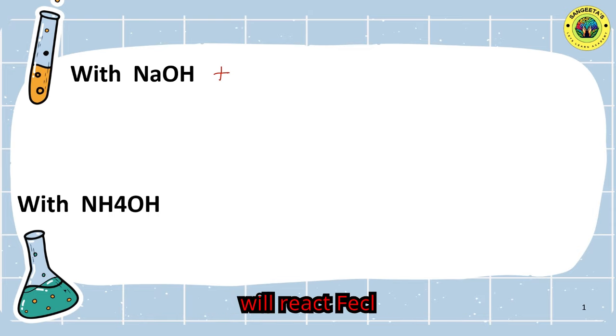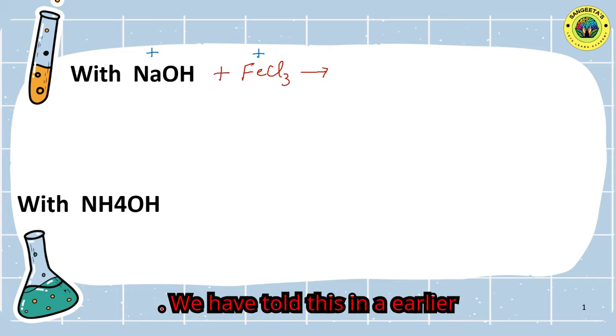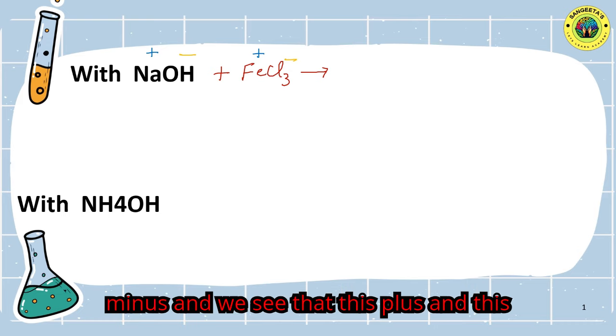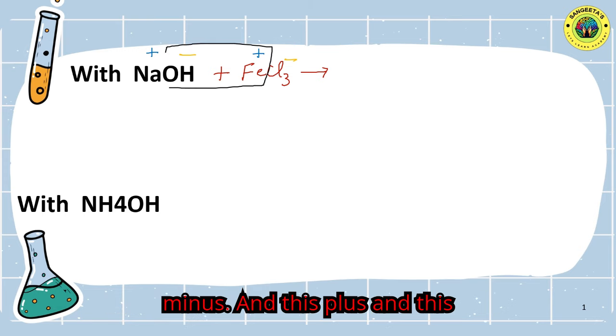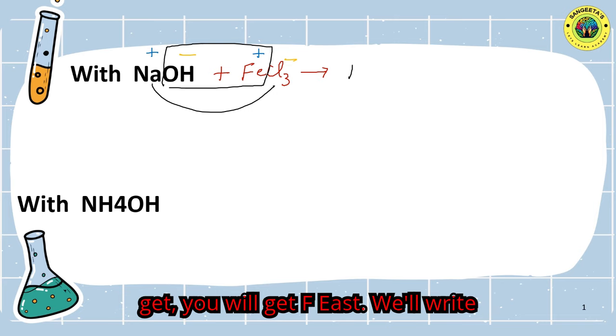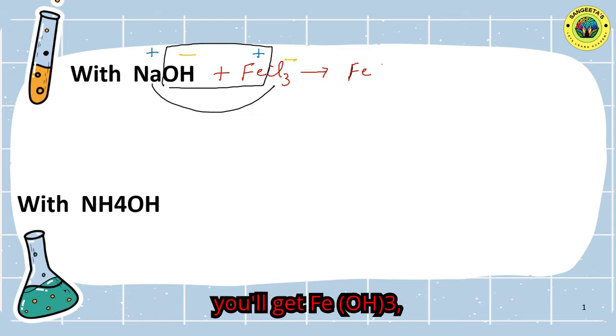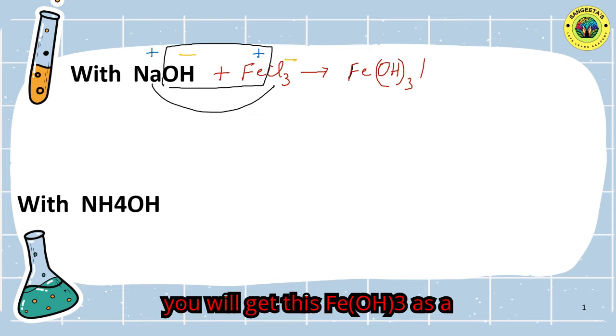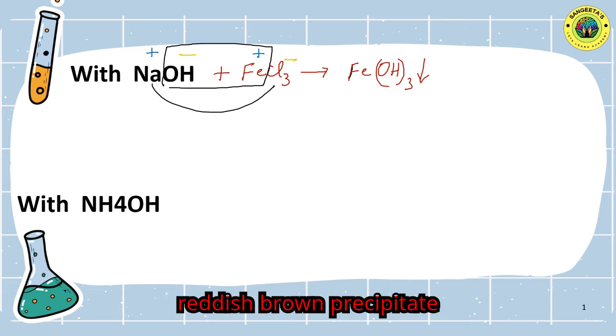With NaOH, we will react FeCl3. If you forget the way to do the reactants, it is plus and this is plus. We have told this in earlier videos also. This is minus and this is minus, and we see that this plus and this minus, and this plus and this minus. So in the bargain, what you will get, we'll write with red because it's reddish brown, is Fe(OH)3. This Fe(OH)3 is a reddish brown precipitate,